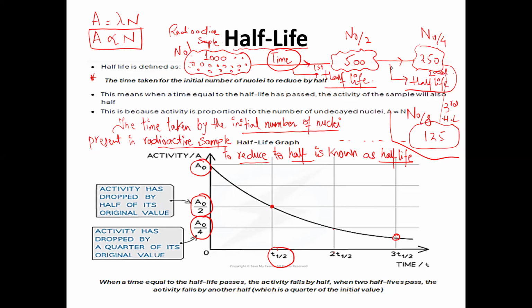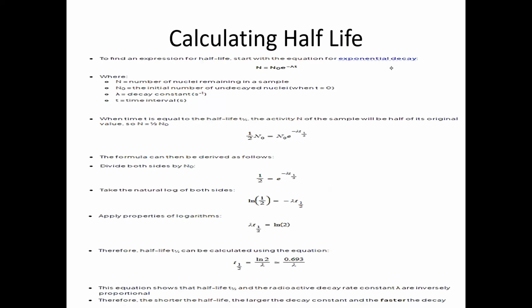Now we are going to derive the formula for half-life. And in exam, you can get a question related to it, like deriving the formula for the half-life and how it can be done. So let's see. We know that a radioactive decay equation is what? The radioactive decay equation is n is equals to n naught e power minus of lambda times t, right? And we can say that after the time